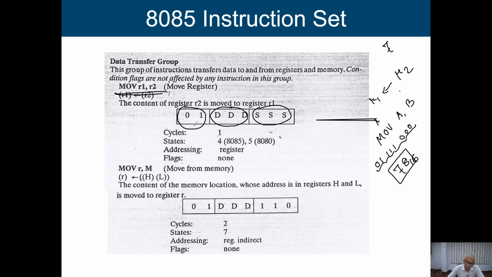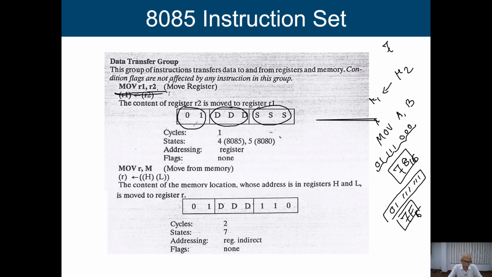Or on the other hand, if I say 0 1 1 1 1 1 1 1, in this particular format, what does it mean? Source register is also accumulator, destination register is also accumulator. So it is not having any meaning. In this particular case, this is basically 7F. Whether I can keep this instruction as it is, just transferring the information from accumulator to accumulator where the net result is 0, or this 7F opcode can be used to design some other instruction.